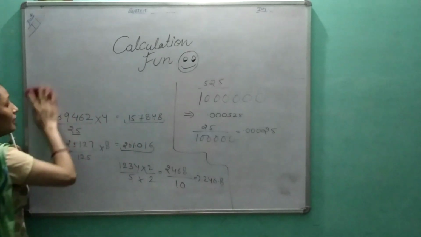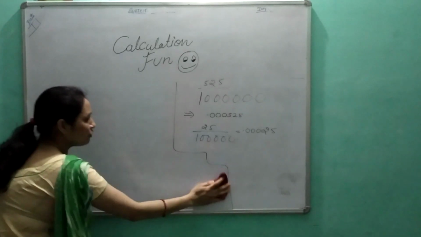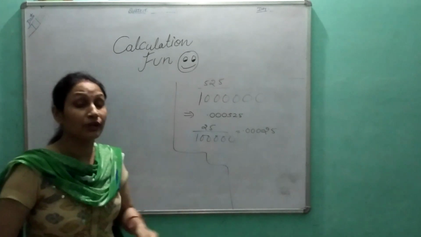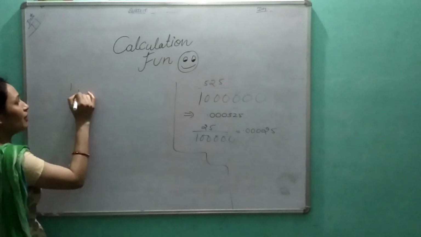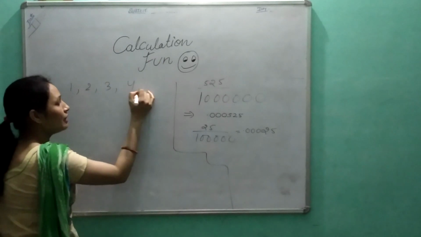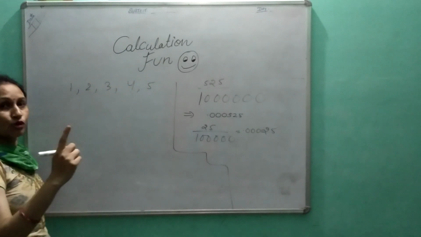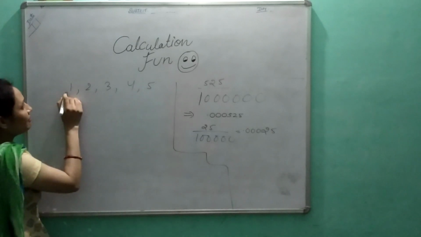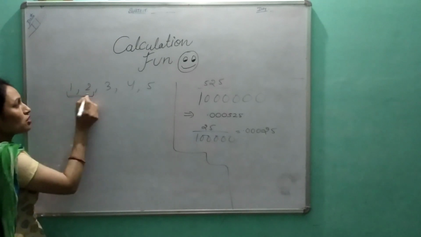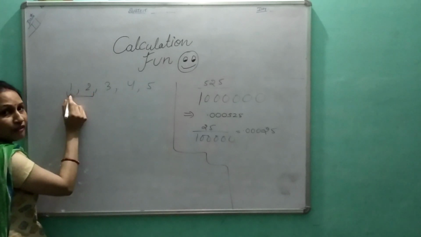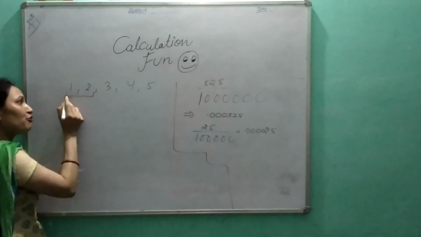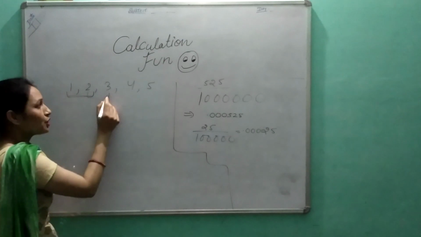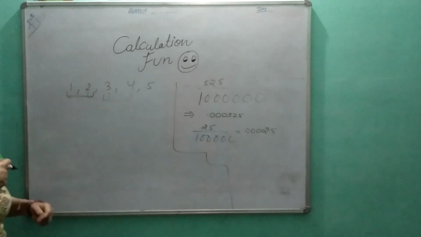Okay students, we have another logic. Which type of logic? If we have two consecutive numbers, and what are consecutive numbers? The counting numbers. For example, 1, 2, 3, 4, 5 are known as consecutive also. But which two numbers are called consecutive? 1 and 2, because 2 comes just after 1 and 1 is just before 2. So these are consecutive numbers. 2 and 3 are consecutive. 3 and 4 are consecutive.